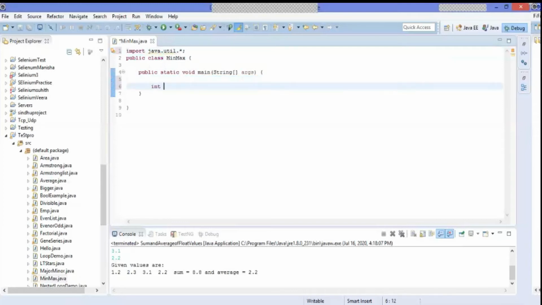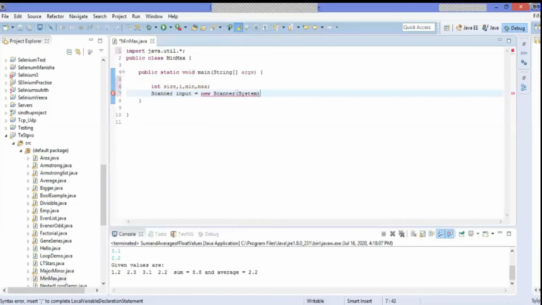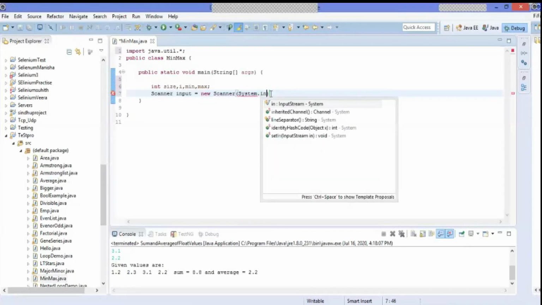and then we have to define the variables similar to the previous example, int size, i, and here I want to calculate minimum value and maximum value. And then as usual we are defining the input object, that is Scanner object equal to new Scanner within the brackets System.in.